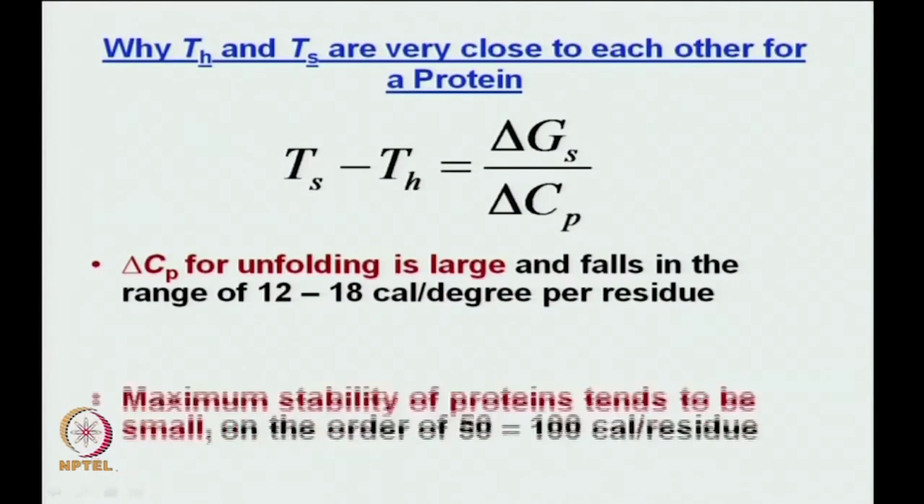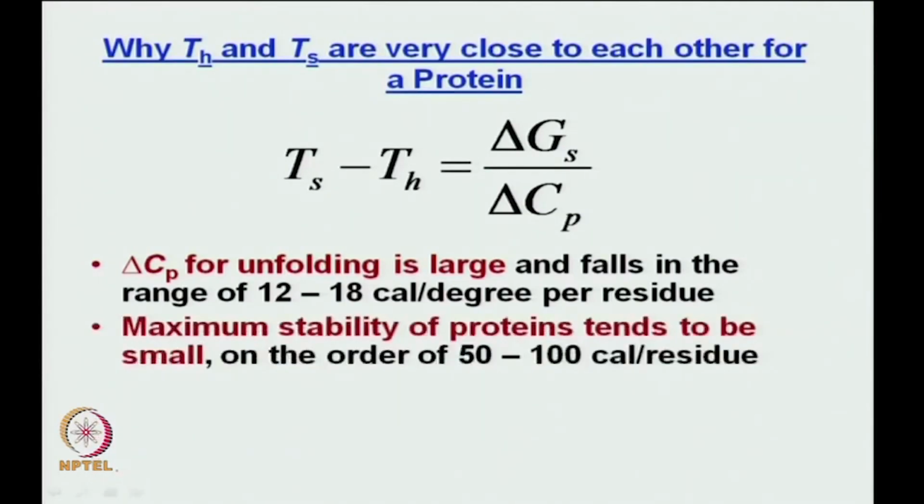Well, the other point is, the maximum stability of the protein ranges between 50 to 100 calories per residue, and this is not too high, this is really not too high, and hence, because this ratio of delta G by delta Cp is small, which means that Ts minus Th, the difference would be small, and thus for a protein they lie very close to each other. Okay. So, what we will do now essentially is,